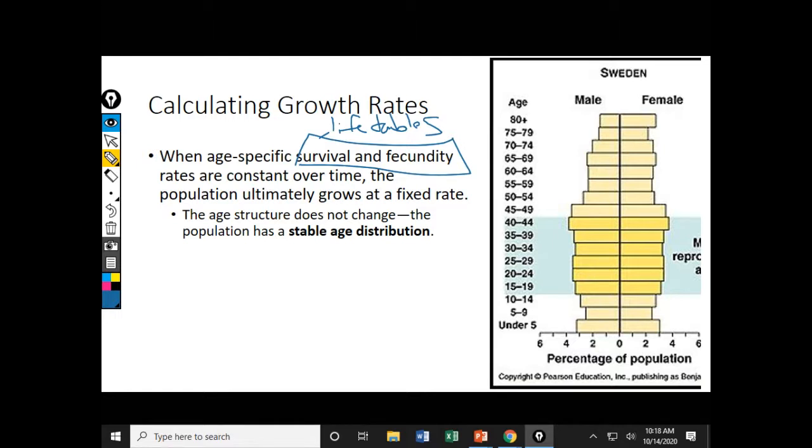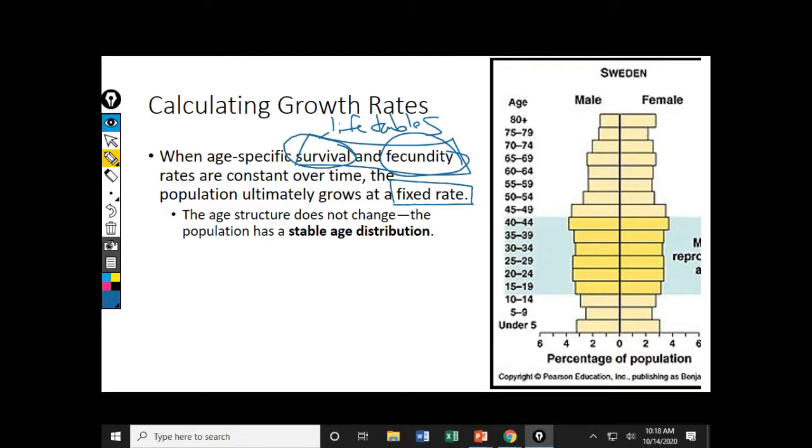Okay. People, organisms, all survive and have about the same survival rate. When you're 5, you survive about this well. When you're 50, you survive about this well. Okay. When you're 5, you're this likely to have babies. When you're 50, you're this likely to have babies. Okay. So in lieu of any crazy changes, just like we saw with the life tables, we can use that information